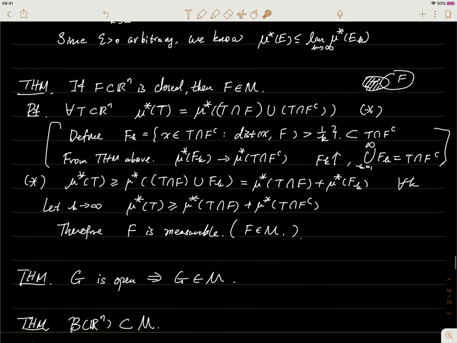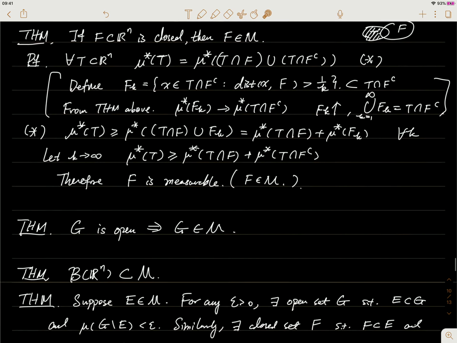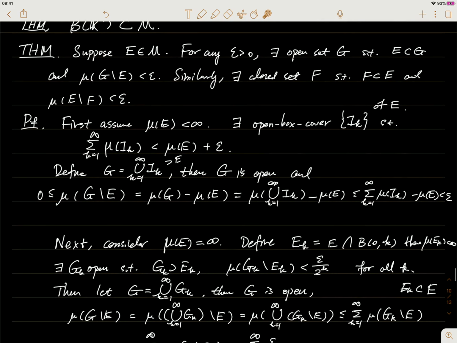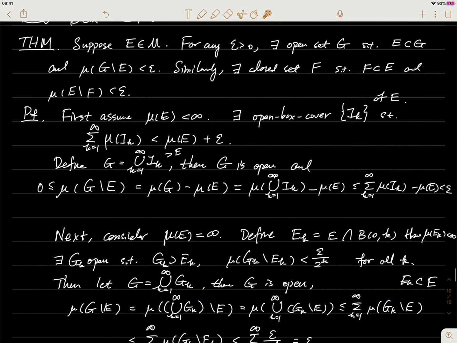Okay, so now you can see the Borel set is just a kind of special case for measurable sets. Okay, and there are also some sets that are not Borel measurable, but still measurable. For example, the Cantor set is one of these examples. Okay, so next, let's show that